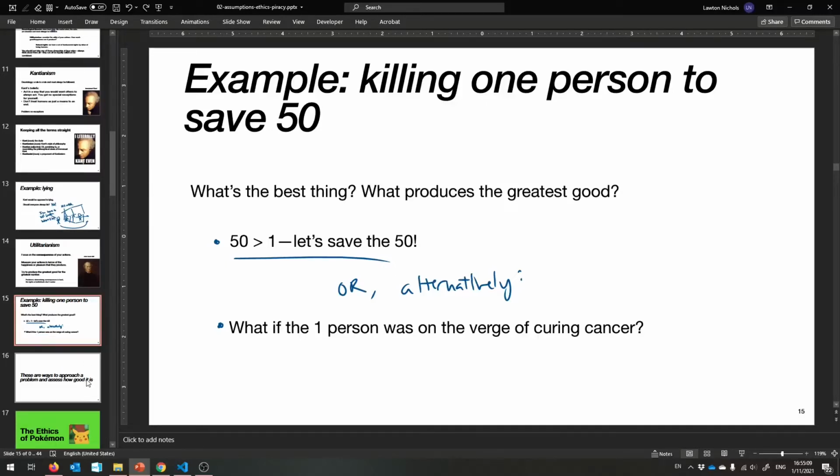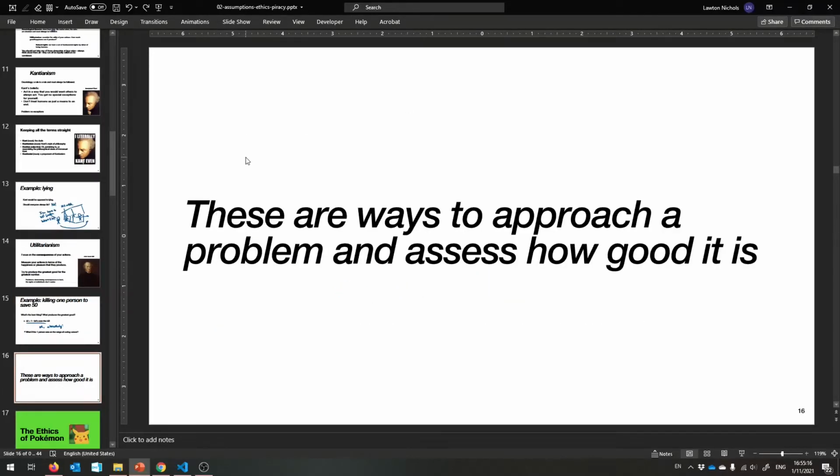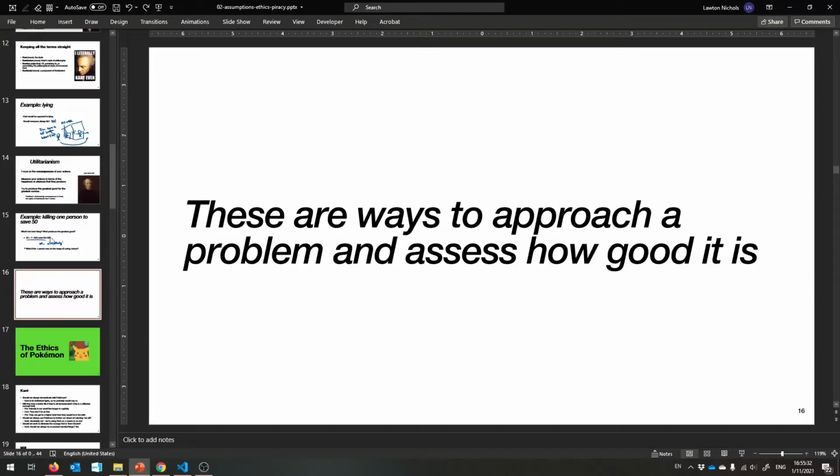It is an ethical dilemma. Okay, so this is why it's philosophy. There's no right answer. But these points of view are things that I want you to keep with you forever, and they're ways to approach a problem and to figure out, is this a good one? Should I believe it as well as these other people who are trying to convince me of it? Okay, so don't just look at a problem and make a decision, pick it apart.